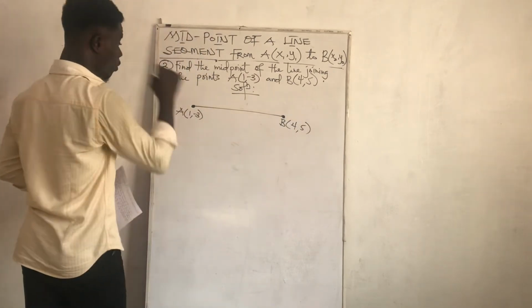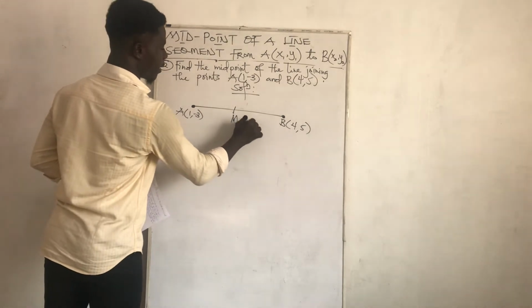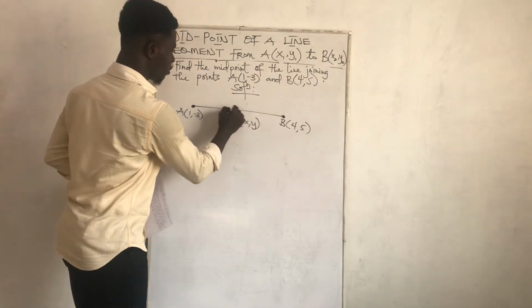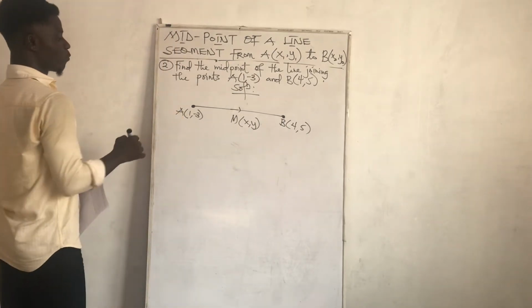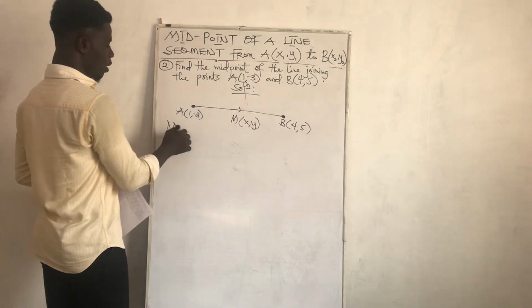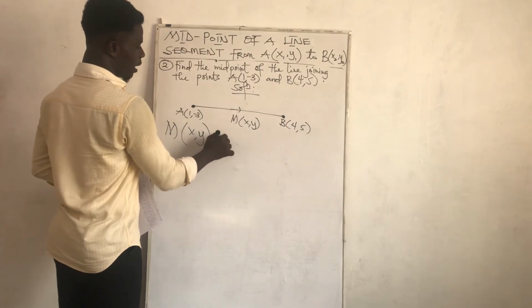So we want to find the midpoint M, that's (X, Y). So what would be the midpoint (X, Y)? The formula for the midpoint